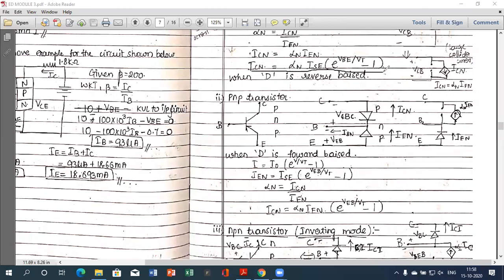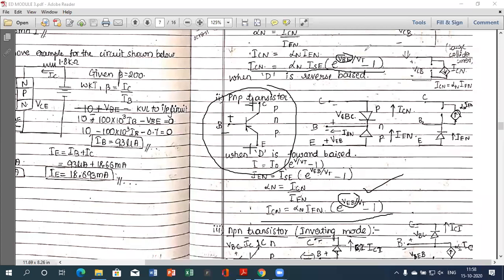So this is for the NPN transistor and this is for the PNP transistor. The only change is that here we have VBE and here we have VEB, because we have applied the opposite direction. That is negative, this is positive, and this is positive, and this is, sorry, this is negative, this is positive, and this is negative. Exactly opposite for the NPN. So we will get this equation with the opposite direction of currents.